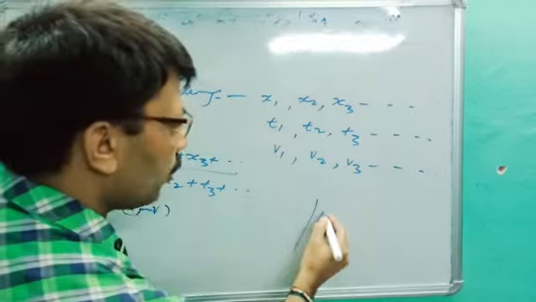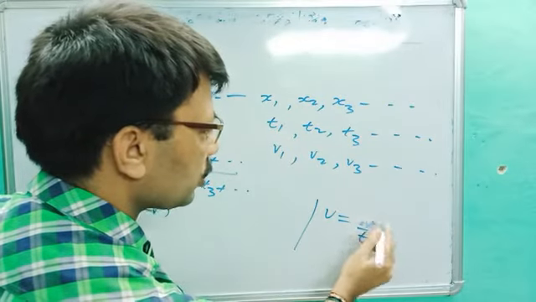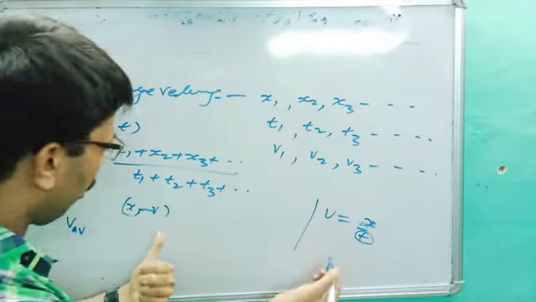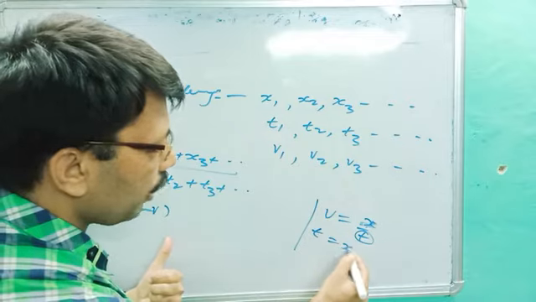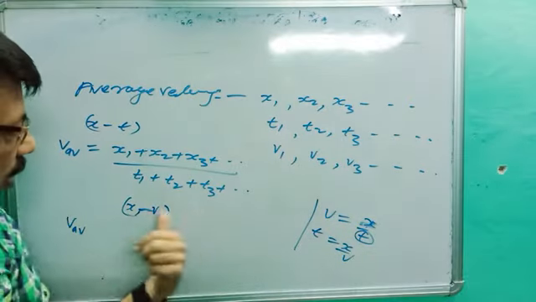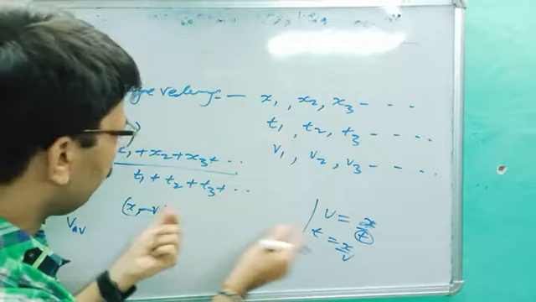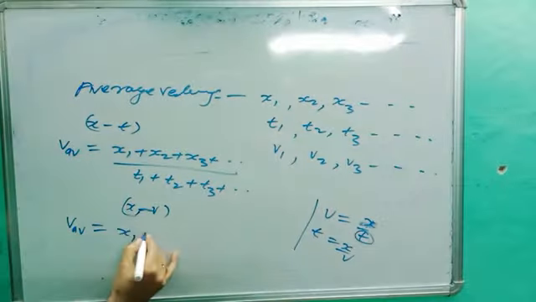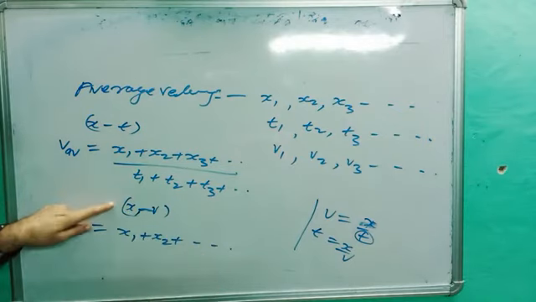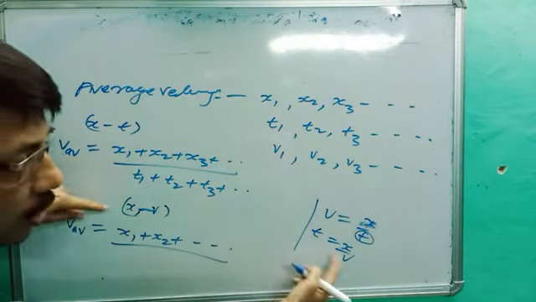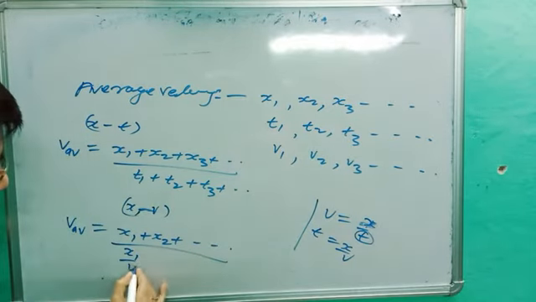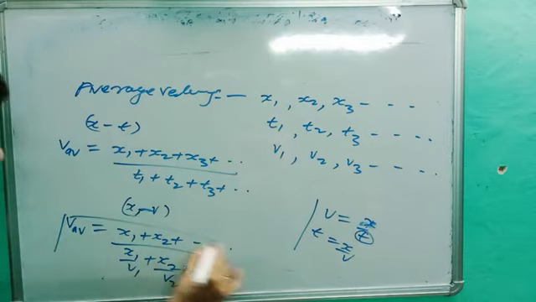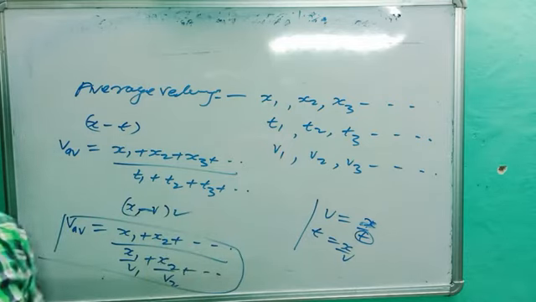So you can do the rough work. Velocity is equal to distance upon time. The distance is x, but time is not given. X and v are given. So first you convert the time in terms of these. So what do we get here? T is equal to x upon v. Are you getting the point? Because time is not given, we have to convert time into x and v. So what is the formula? V average is equal to x1 plus x2 plus so on, divided by t1 plus t2, and the values of t1, t2 you can get from here: x1 upon v1 plus x2 upon v2 plus so on. This is the formula for average velocity when x and v are given.